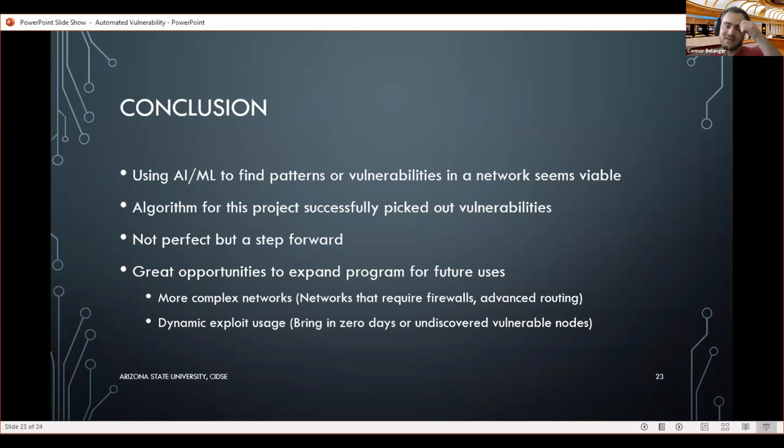So in conclusion, using this kind of artificial intelligence machine learning method to find vulnerabilities in your network seems to be viable, and it's inherently good at finding patterns within a network. If you loaded it up with hundreds of vulnerabilities, it would take quite some time to run, but you'd have a pretty good idea of what would actually work, and work fairly quickly. Our algorithm did pick out vulnerabilities that successfully worked against the target. Of course, the machine was purposely vulnerable, but we were able to validate that it picked the proper exploits